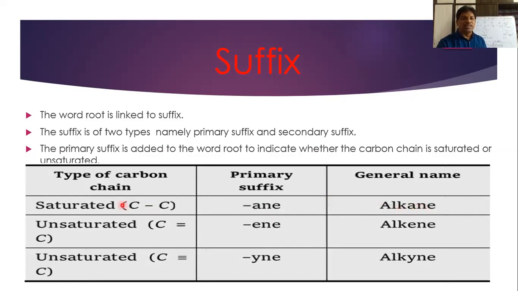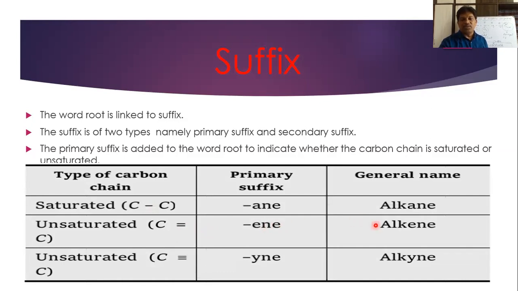Alkanes are what examples for? Saturated organic compounds. And unsaturated carbon compounds contain what? C double bond C. Between carbon-carbon, if at least 1 double bond is there, that compound must be taken as what? Unsaturated organic compound. And here, if there is double bond between 2 carbon atoms, between the 2 covalent bonds, 1 bond will act as what? Sigma bond, and 1 bond is pi bond. Generally, pi bond is weaker than sigma bond. Okay, and the primary suffix name is ene if there is a double bond between carbon and carbon.